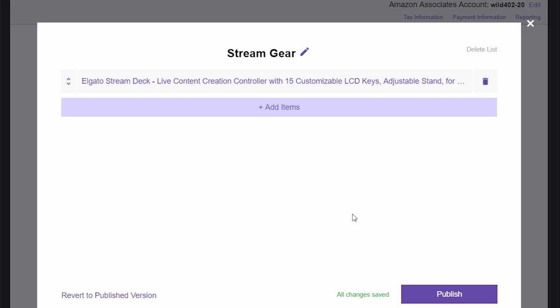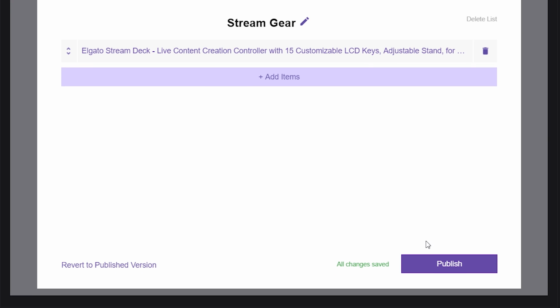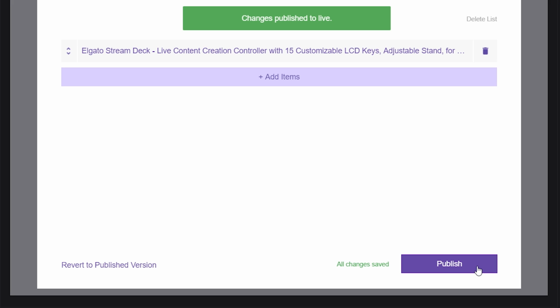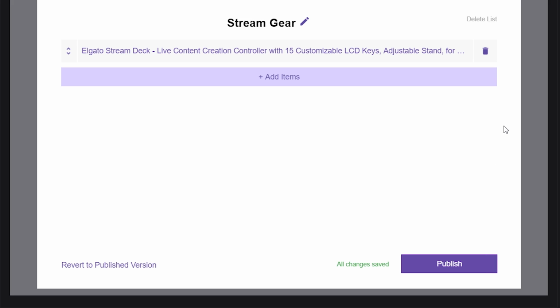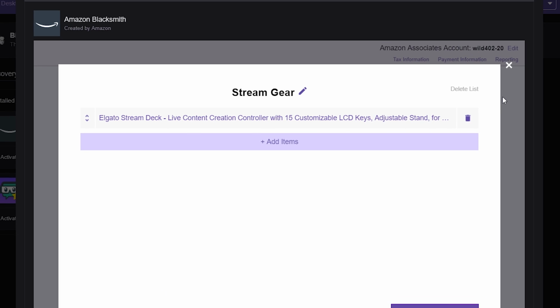Now that we have it added to our list, we can publish this product, but feel free to add as many or as few items that you want. Let's say we just want to publish this one product. We're going to go down here and click Publish. Now all my changes have been published, and now we can actually close this list and go view it on